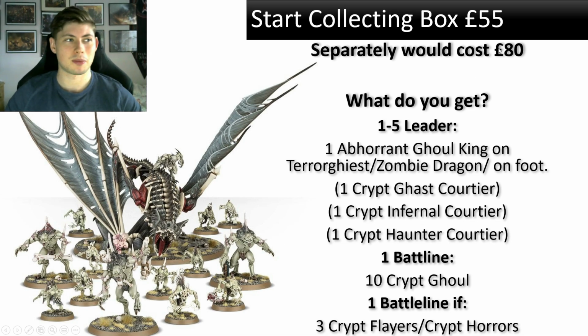Which sounds great. It's like, I don't have to buy separate heroes for like £15-20 in this army. That's amazing. But now you're left with 9 Crypt Ghouls. And what are you going to do with 9 Crypt Ghouls? I don't know. I've got that problem. But because I've got so many Crypt Ghouls, I only need to worry about it if I'm taking like 80 to a battle or something. As I only have like... I think I have like 79...